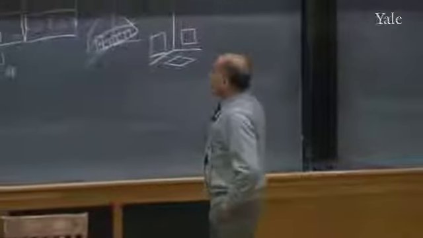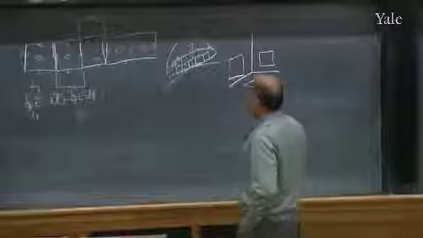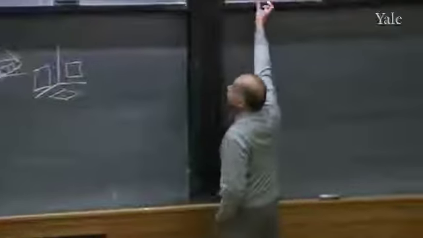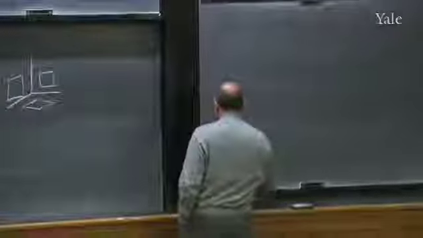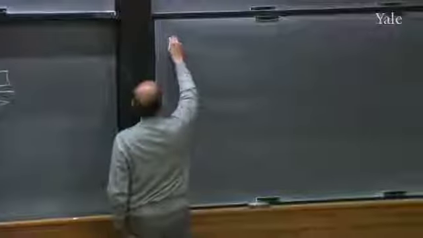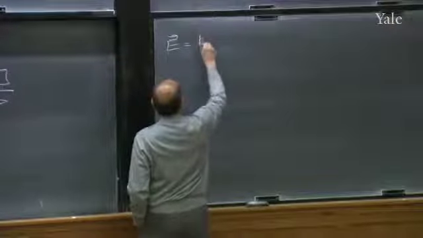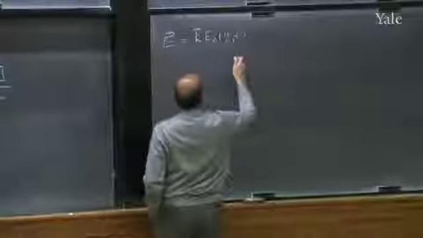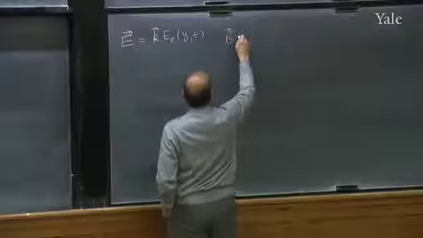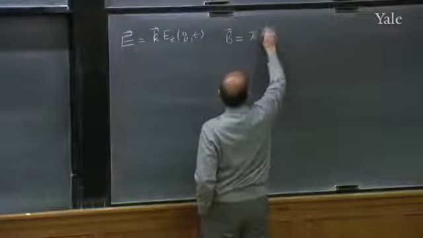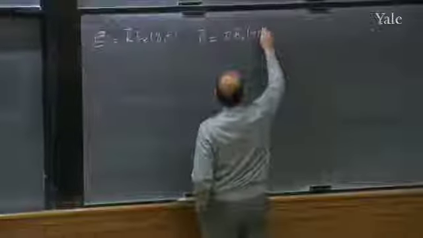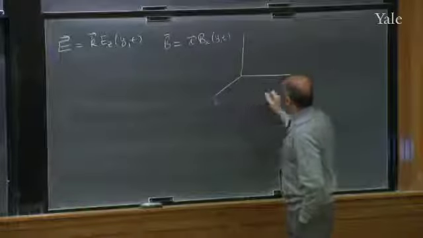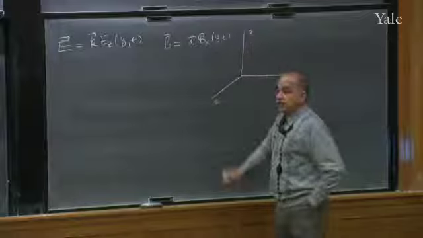So let us write down the functional form that I'm going to use. The functional form that I'm going to use looks like this. I'm going to take an electric field that is entirely in the z direction, and the z field will depend on y and t, and I'm going to take a magnetic field which is going to be in the x direction, and the B field is going to depend on y and t. So let me tell you how my axes are defined here. This is x, this is y, this is z.